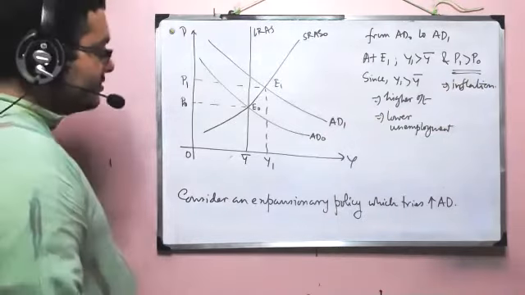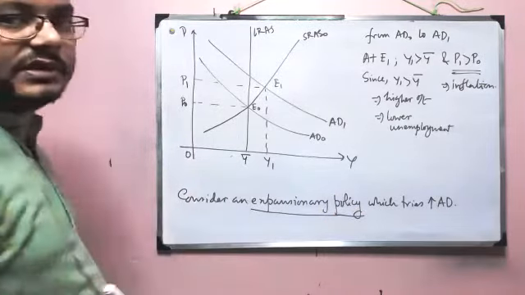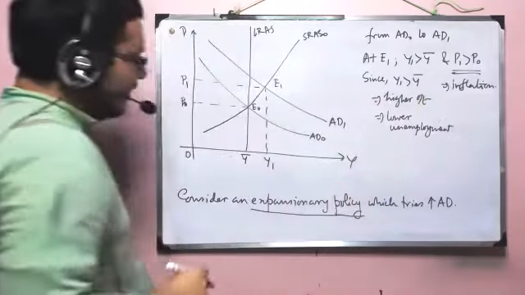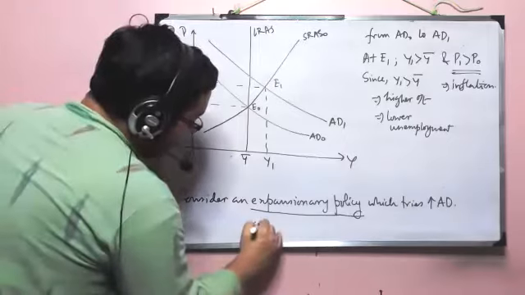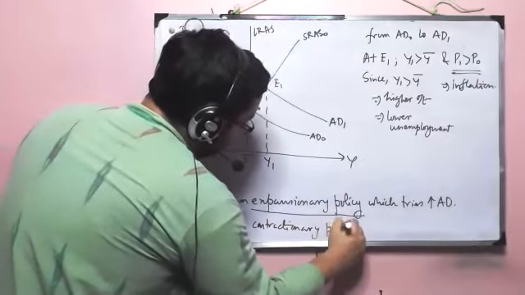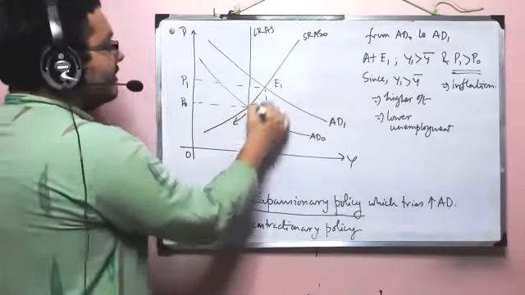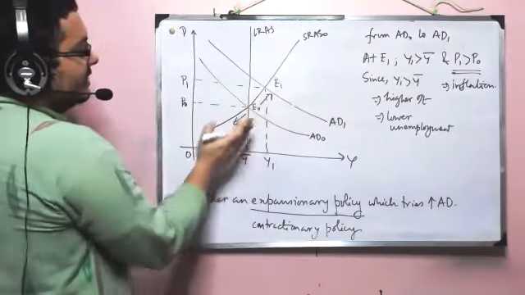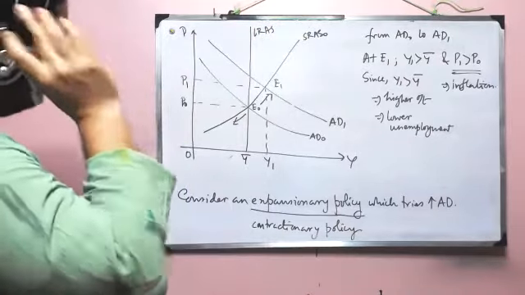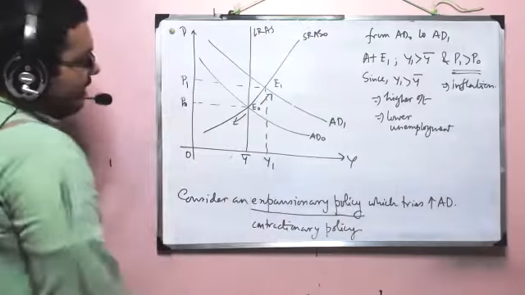It tells you that we basically have two choices. If we take an expansionary policy, then the economy will move upward along the SRAS curve and we will have lower unemployment but higher inflation. And if we take, instead of that, a contractionary policy, which is not popular, then what will happen? We'll move in this direction. So expansionary policy takes us up along the SRAS, and contractionary policy takes us down, right?